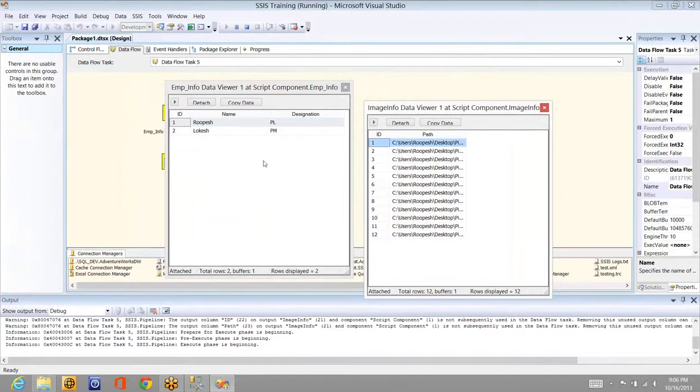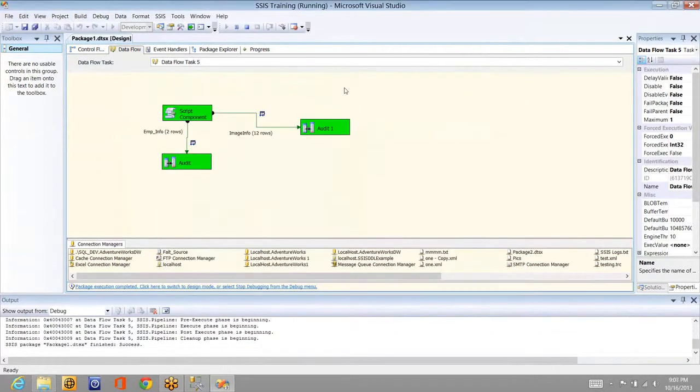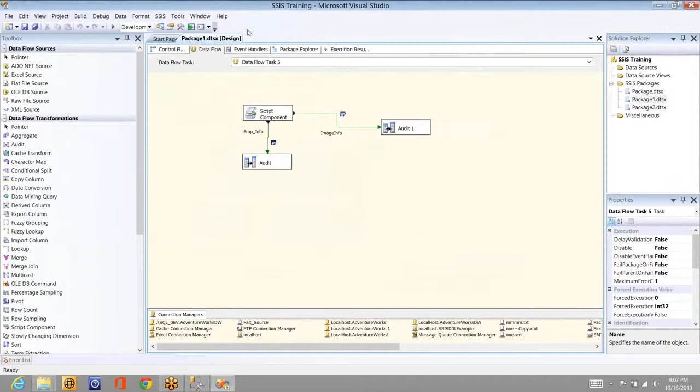For this case, it is not that. You can get the data from SQL Server too. This is an example, and you can see ID and path data is flowing through the second output, whatever we have created. And there is one more advantage using this. It is a script component in which you can go for all the .NET languages.